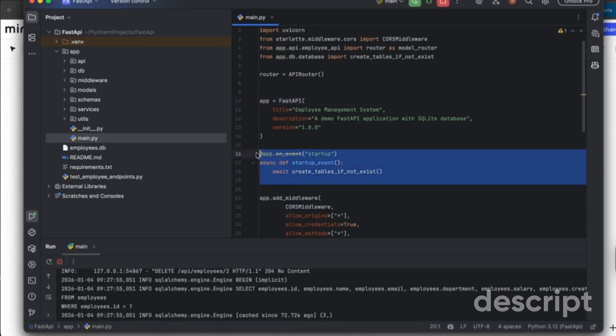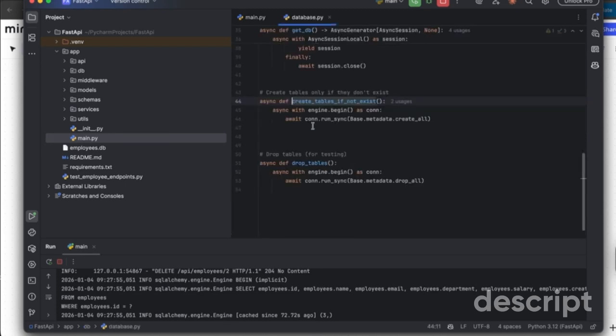Then on startup, these employee objects have to be created in some sort of database. All the tables have to be created in some sort of database. So that is the reason on start of the application, we're checking if the table is already created or we need to create the table. So the method will take care of creating the database and also the table connection. Here, it is going to create all the tables that you want in the database.